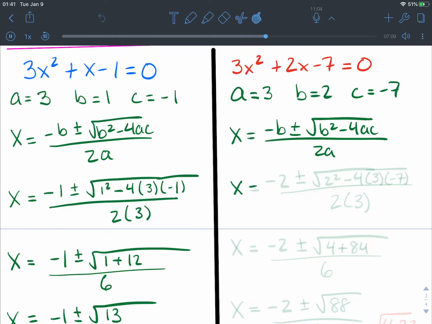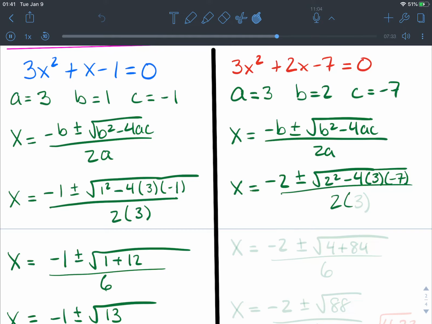Since that's the first thing, the second thing we do is plug in all our values. So x equals -b, so b is 2, plus or minus, and then we're going to do b squared, so 2 squared minus 4 times a is 3, 4 times a times c, and c is -7,